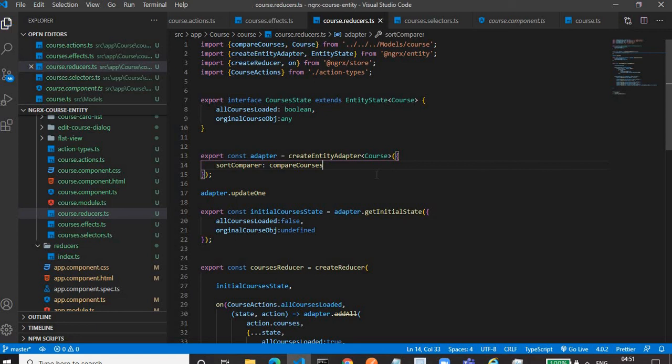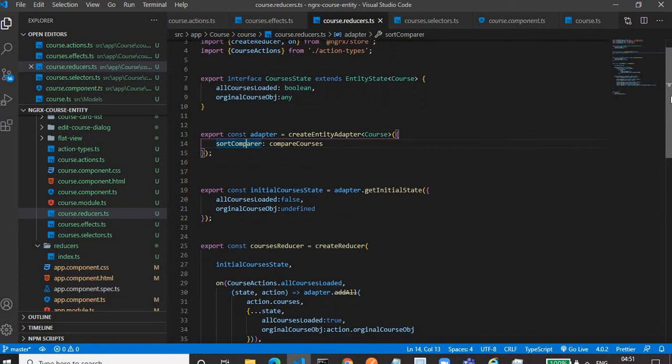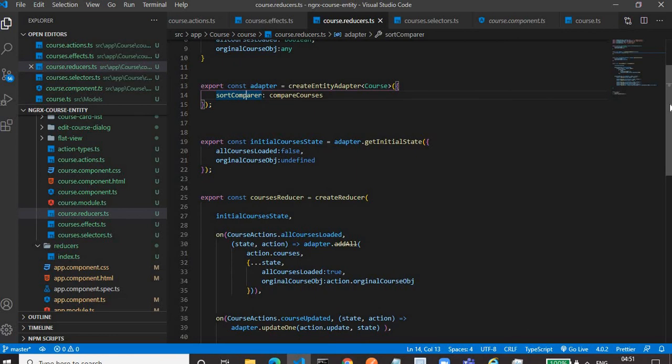Then what next? We have created the adapter and we have provided the compare sort function for sorting the courses list in ascending order of sequence number. Then, using the adapter, we can get the initial state by using adapter.getInitialState.